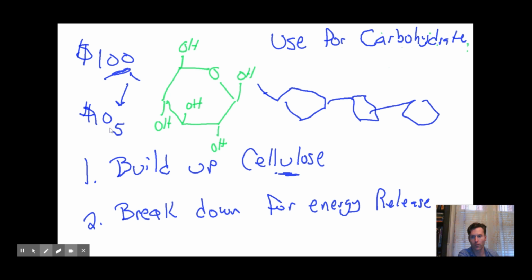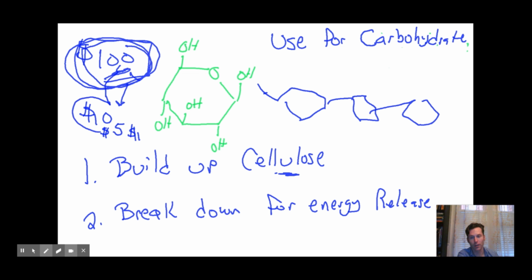or a 5, or a $1 bill, right? And so the glucose is the big money. It stores a lot of money, but you can't use it as readily. You can break it down into these smaller bills, and then you can actually use the smaller bills to buy stuff. So when it's time to get the energy to do work in the cell, we need the smaller bill. And the process that we use to break down the big sugar into these smaller units for energy is